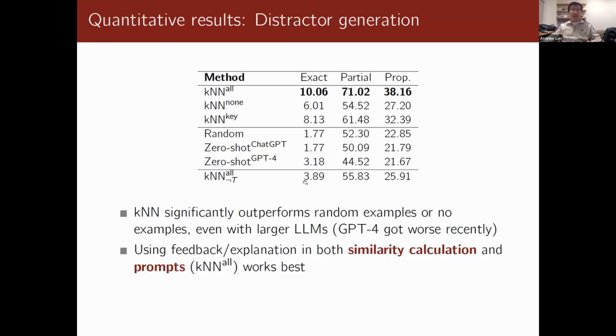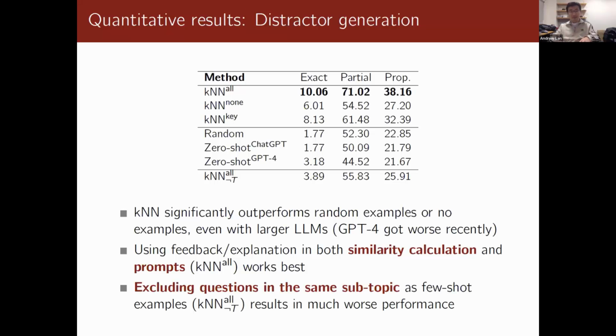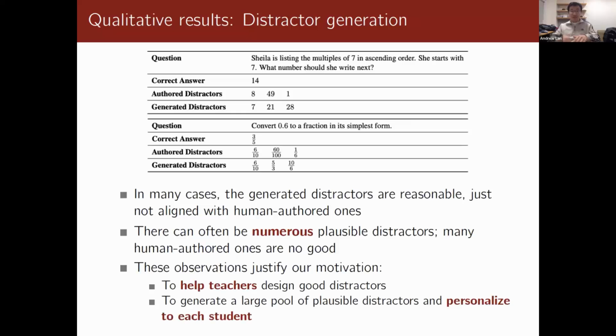The other thing I want to say is that we also tried a bunch of different variants, and one interesting variant is that if you remove all the multiple choice questions from the same mathematical subtopic from the pool of examples that you can select to give to this model, then the performance drops considerably. This means that instead of the model really learning how designing distractors works, or how math or misconceptions work, it's really good at picking stuff with the same topic and following similar patterns. But other than that, it's not great. Right, so for distractors, I'm just going to skip this.